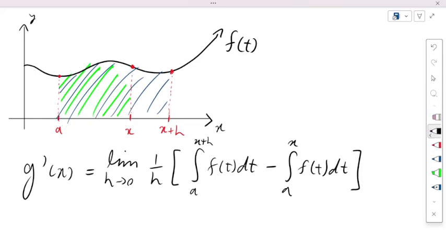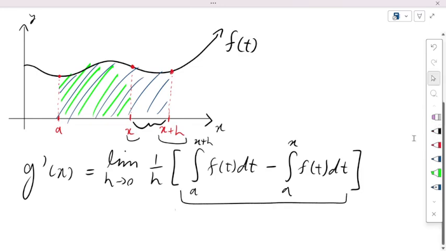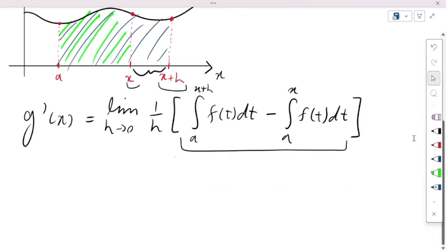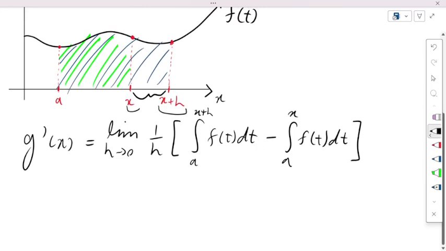So what we are actually left with is this open gap over here between x and x plus h. So therefore, we can actually rewrite this whole thing in terms of that area. So let me just move here. There we go. So we can say that g prime of x